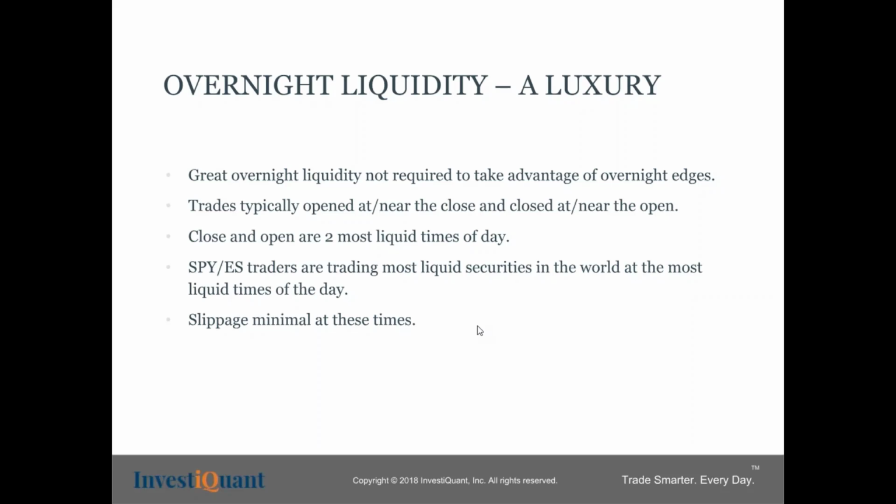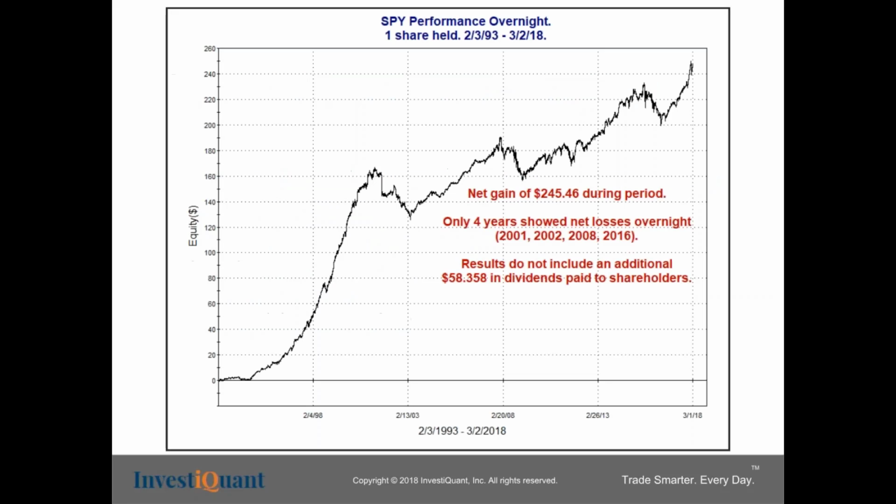All right, this next chart that I'm going to show is SPY, the ETF that tracks the S&P 500, and commissions and slippage are not included. This is just showing what overnight performance would be if you held SPY from the 4 p.m. closing until the market opens at 9:30 the next day. It goes back to 1993, which is when SPY began trading. So this simply looks at one share overnight, and this better allows us to measure the total points gained and lost over the years. What you can see is that the upslope has been fairly consistent.